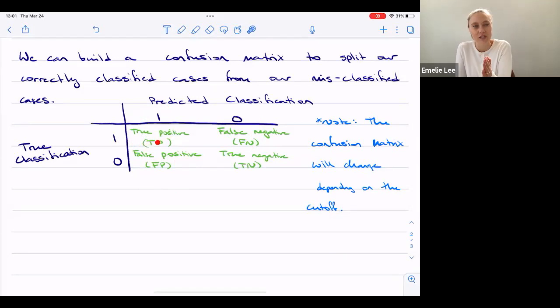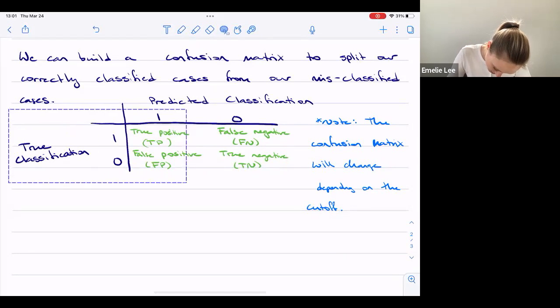They were either classified as 1s or 0s, but in total, we have the total number of 1s and the total number of 0s, same thing. So we're going to have these marginal totals out here that we can talk about as well. But I didn't give myself enough space to do that. So I'm going to cheat